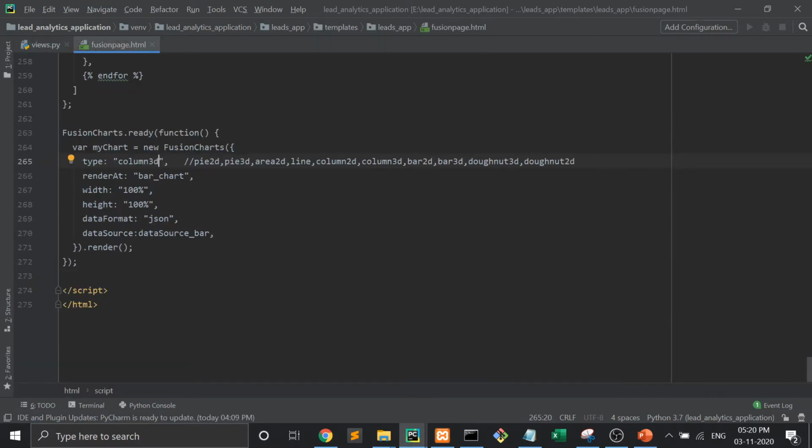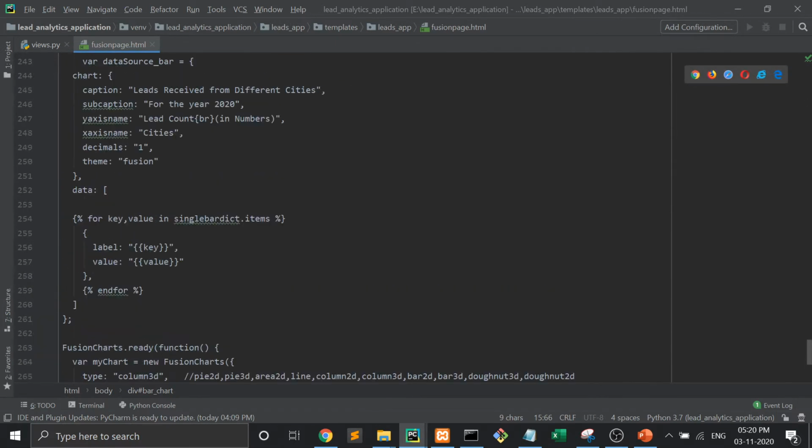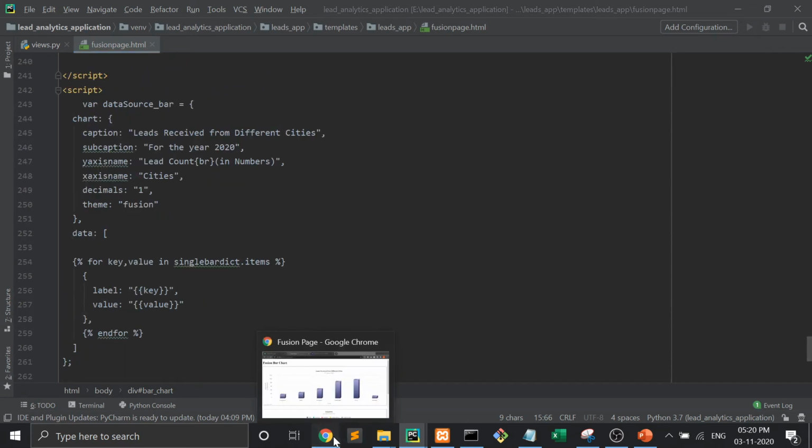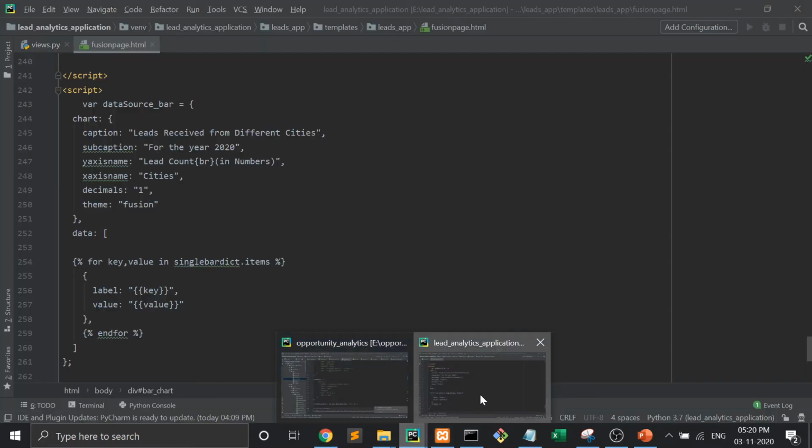Now once I reach here, this is the div tag inside which the chart will be rendered. This is the ID bar chart. Now look at the end. I have just copied the complete format syntax and removed the repeating label value.